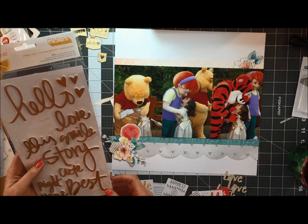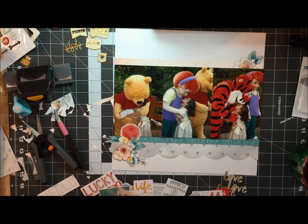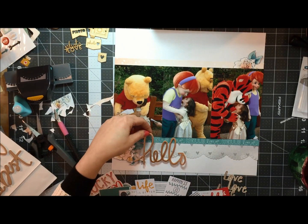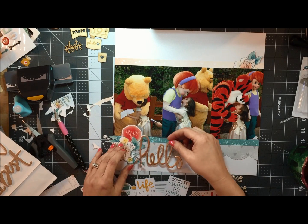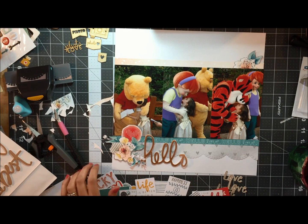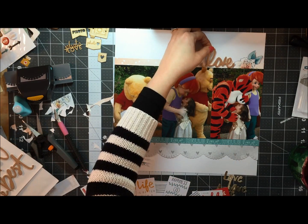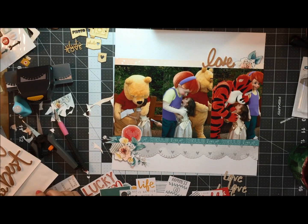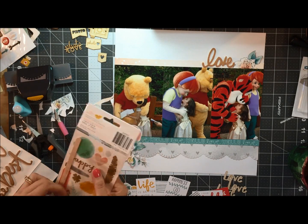And these thickers are just some of my favorite thickers. I was just noticing that I had put it in the wrong package. It said Amy Tan, but these are the Dear Lizzie. And I decided that that hello is too big and that the love is perfect up top. And I like doing it up top